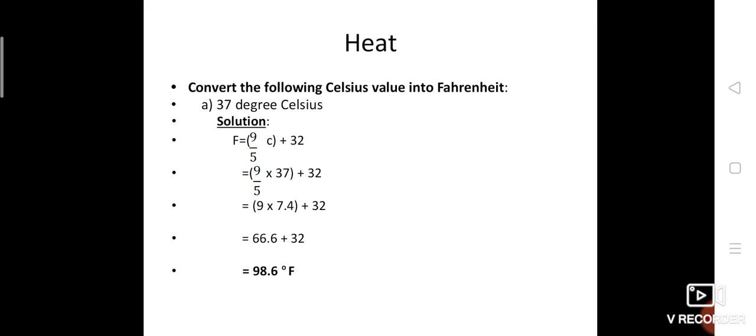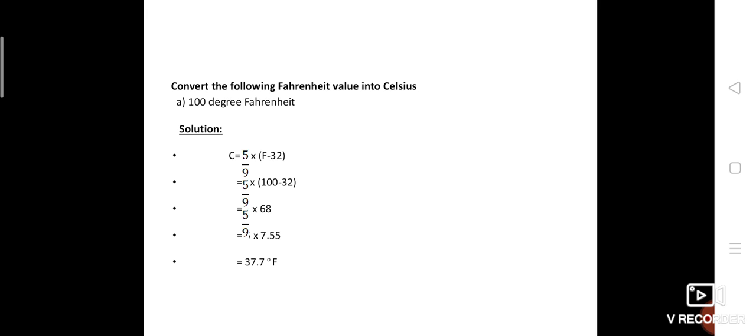So you have to apply the formula. Then convert the following Fahrenheit value into Celsius. So here Fahrenheit is given, you have to convert into Celsius. So 100 degree Fahrenheit. So for that, the reciprocal of that formula, C is equal to 5 by 9 into F minus 32. So 5 by 9 into F, 100 minus 32. I told you, first when the bracket is given, complete the bracket first. So 100 minus 32, 68. Then 68 by 5, so 7.5. So 9 into 7.5 is equal to 37.7 degree